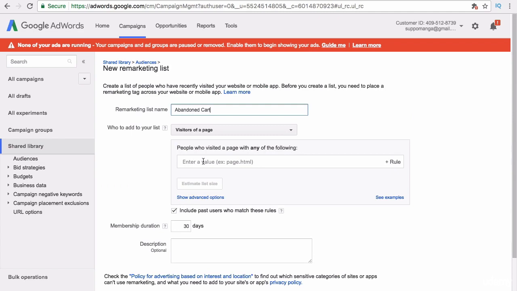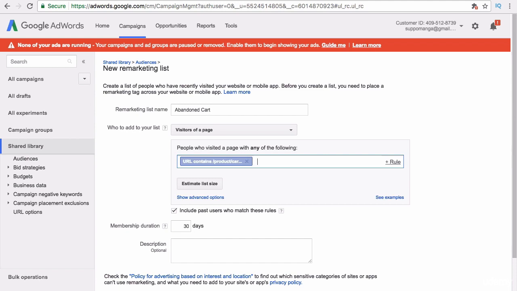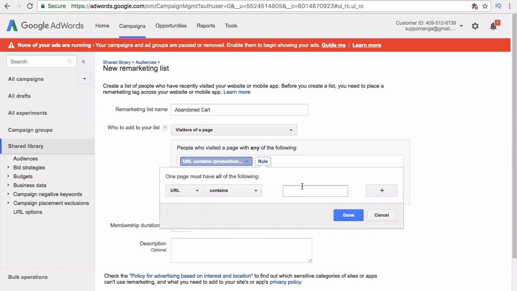All right. Now what we would do is we would track a value, which is /product/cart. Now that doesn't actually exist. I just want to show you by means of example. All right. So we'll press enter. And then what you can do is you can add a rule, all right? So URL does not contain,